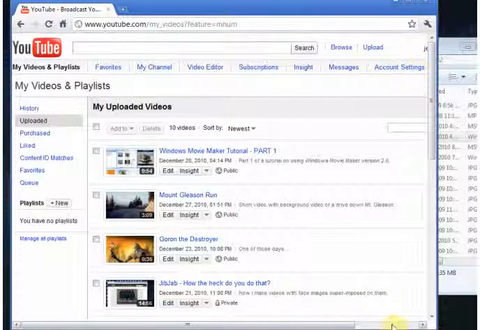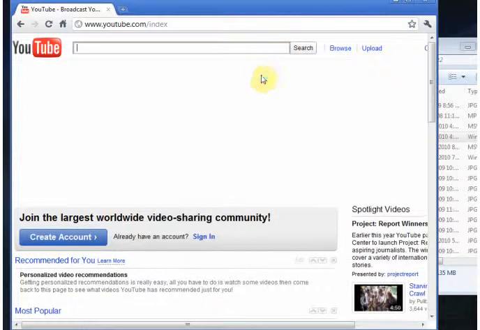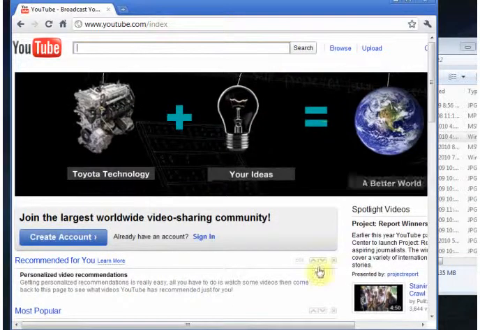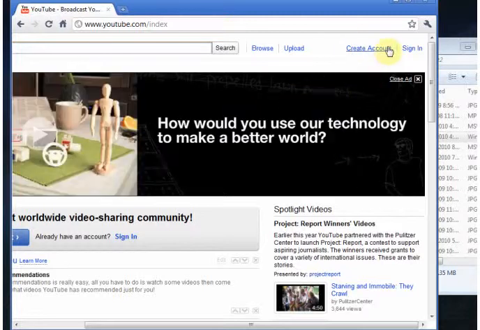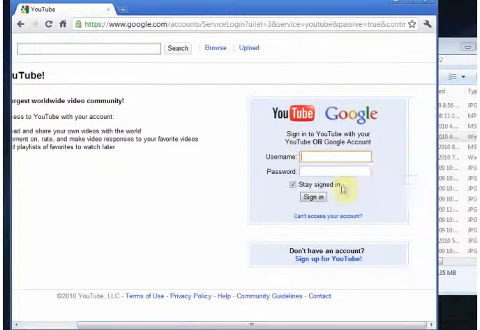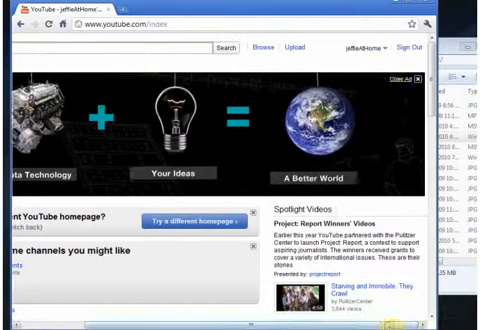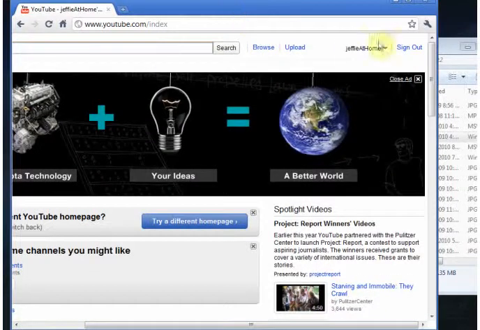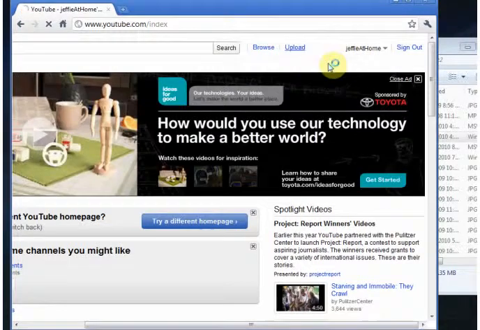I'm going to sign out of this for now. When you go to YouTube, generally you just log into your account. If you don't have one, you should probably create one and then sign into it. Once you're signed in, obviously you'll see your username over here. The only thing you have to do is click the upload button,